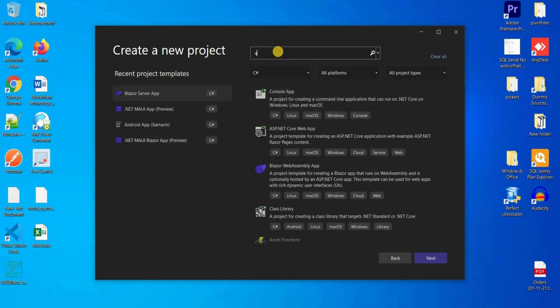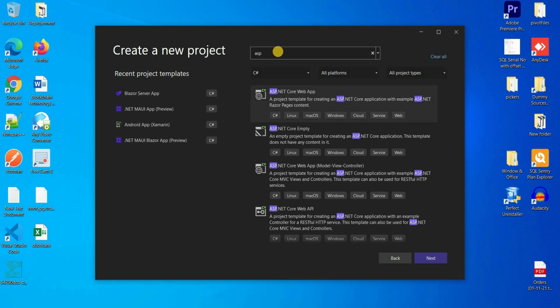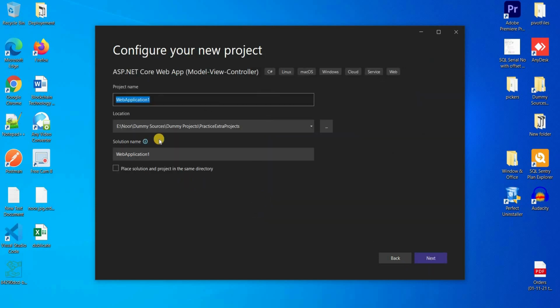Here search for ASP.NET Core Web App, ASP.NET Core Web App Model View Controller. So basically, we will select this option. Click next. It is C sharp. Okay. Click next. I will name the project as